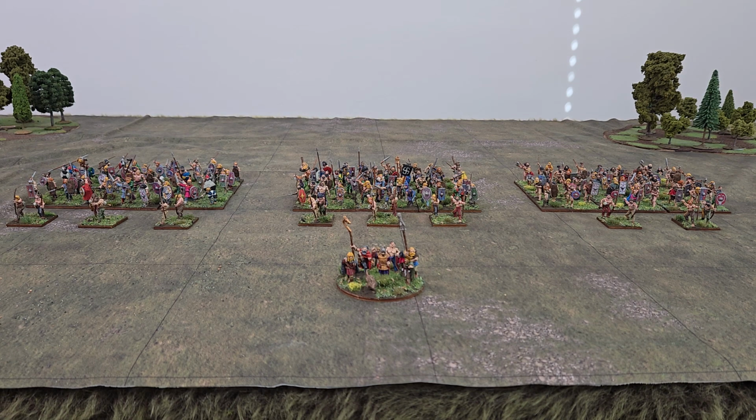That's where the other archers are. But that is for a different video. We will do a separate vlog or painting update to show off the second Roman division. I've already showed off the first Roman division. I showed off my cavalry contingent. This is the Germanic contingent, and then I will show off the second Roman division, the opus, the creme de